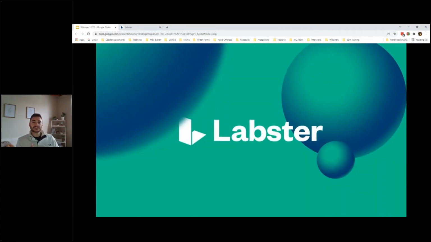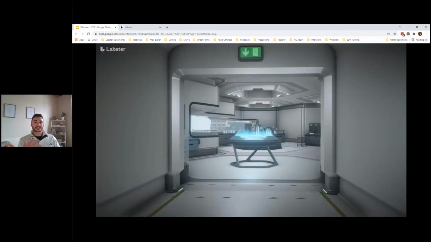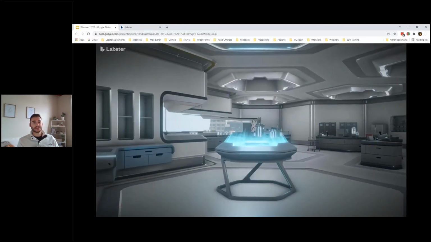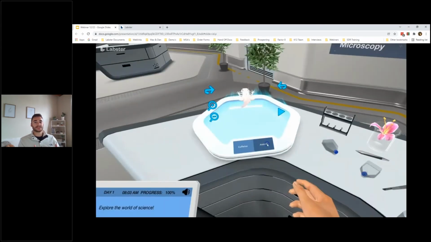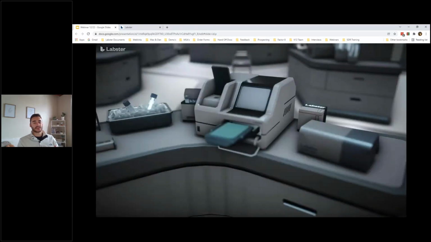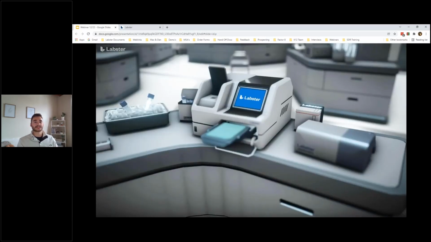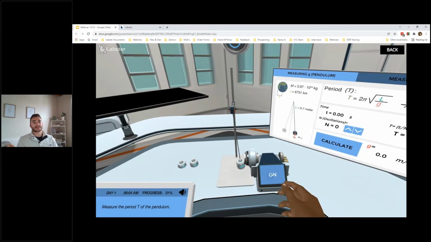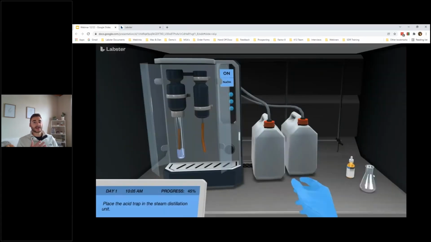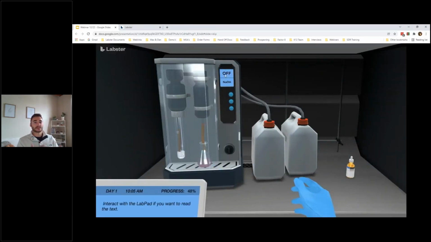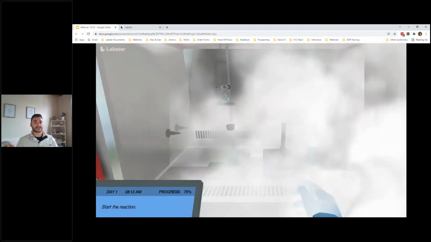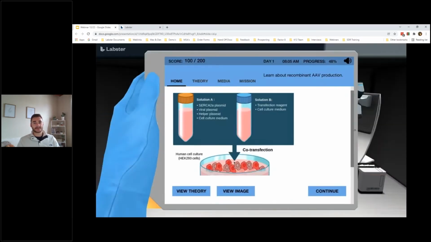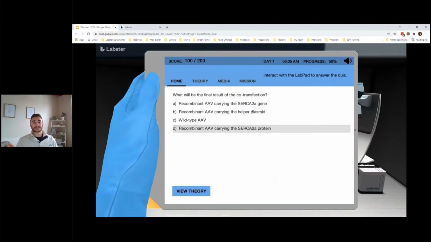So, as mentioned earlier, Labster has over 200 simulations with new ones constantly being added. An important feature of our simulations is that they range anywhere from 5 to 45 minutes long. So you can have a simulation with a single key concept or a long protocol spanning multiple concepts. Now, this makes Labster more flexible in a way that you can integrate it with your course. Each simulation is built around three main things: the student engagement, the lab experience, and conceptual understanding.